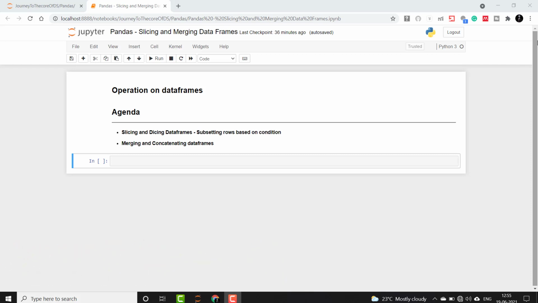We have seen in the previous session how we operate with indexes and labels to select some of the rows and columns in a data frame with the market data set. In today's session, we will go deeper and see how we select a subset of the data frame using various conditions on values, and we will also look at how we merge and concatenate two or more data frames and derive useful information from it.